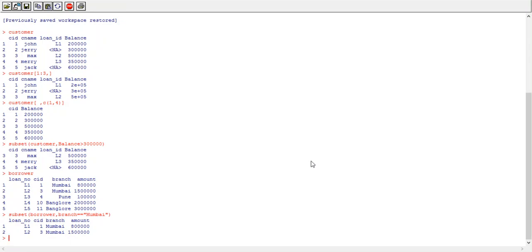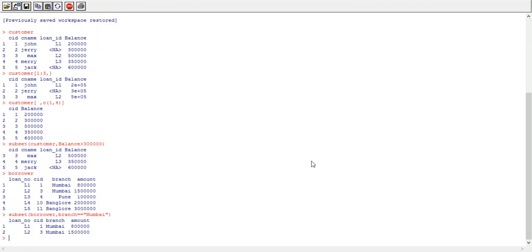Now we'll see how to merge different data frames together. For merging different data frames together, we have the merge function, or we can use join functions. We have already studied joins in database management systems, joins in SQL. The same join functions can be used here in R also with the data frame, because a data frame is a tabular structure. We can perform different operations that are applicable to an SQL table.